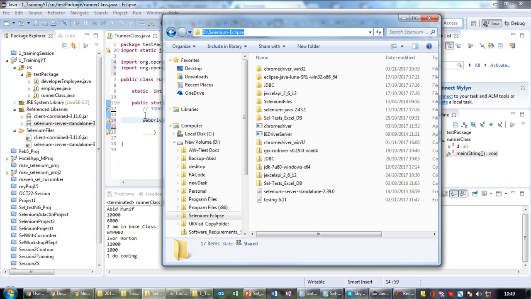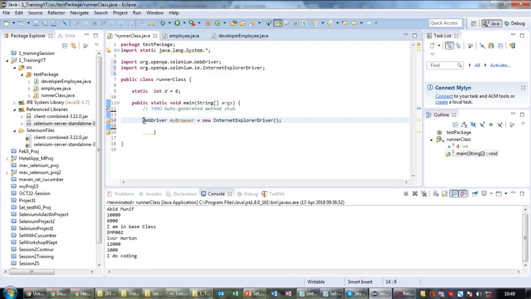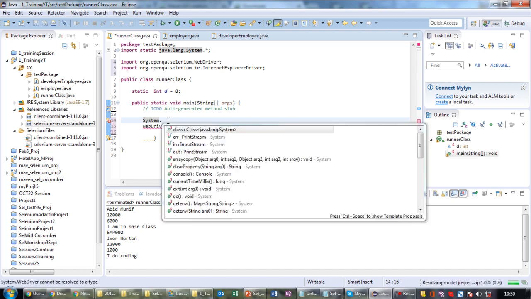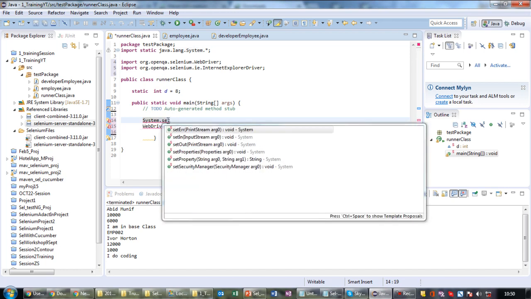What we would need to do is put in a command to provide the location of this particular exe file, and our code will then find this file and communicate with it to perform certain actions which we want to perform on the browser. For this, the command is system.setProperty,